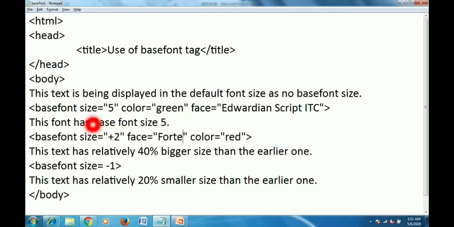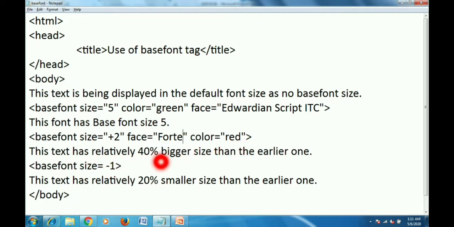After that, I have used the base font tag again. Here I have used size equal to +2. That means whatever the previous base font size was, I am increasing it by 2. That means here I am giving size 7, and again I am defining one font family in the face attribute, and I have given color red.